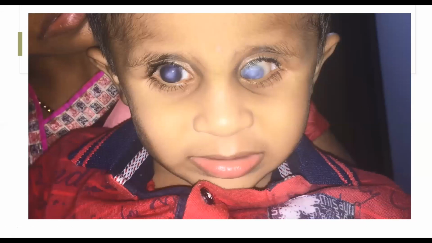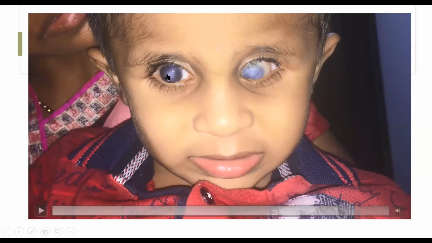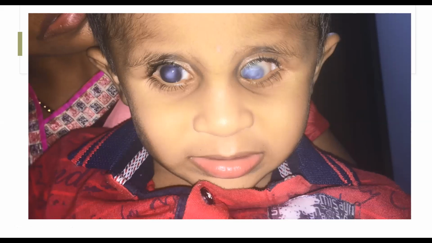Okay, so then the parents went to the eye specialist and they came to know the retina is detached and now nothing can be done. Now the parents are roaming from here to there to each of the hospitals. They didn't leave any hospital in Gujarat. Even they went till Chennai. If something can be done for this baby and the baby can get sight, okay. But every time they reach every place with a hope that some treatment can be given.